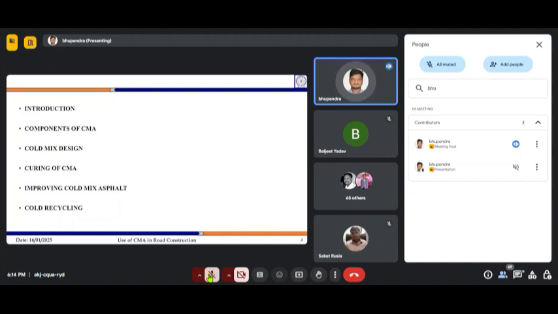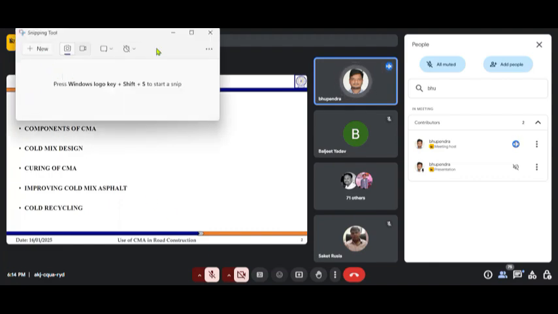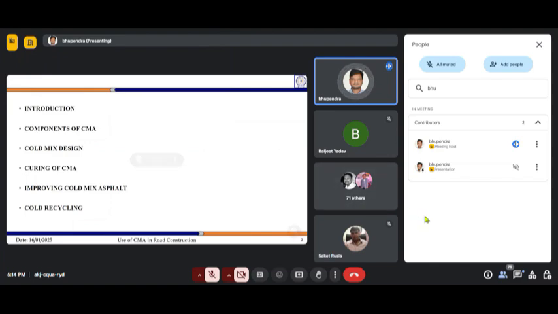Curing is again a very crucial topic when it comes to cold mix asphalt, and this curing is not the same as the curing when we talk about concrete mixtures, because in concrete mixtures curing means putting samples in water, but in cold mix asphalt it is just the opposite. What does it mean? We'll be discussing that in today's lecture.